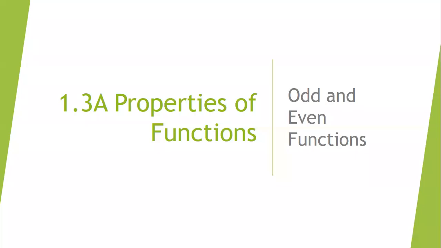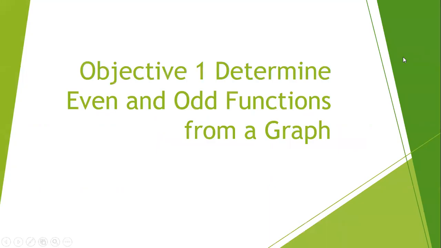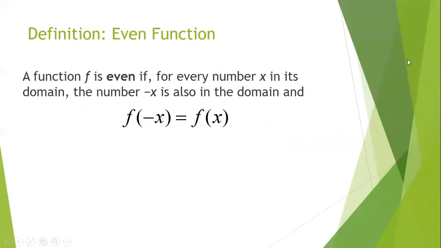So we are on to 1.3a, properties of functions, odd and even functions, okay? Our first objective that we are hitting is determine if a function is even or odd based on the graph. So following along in your first blank, it says a function f is even if for every number x